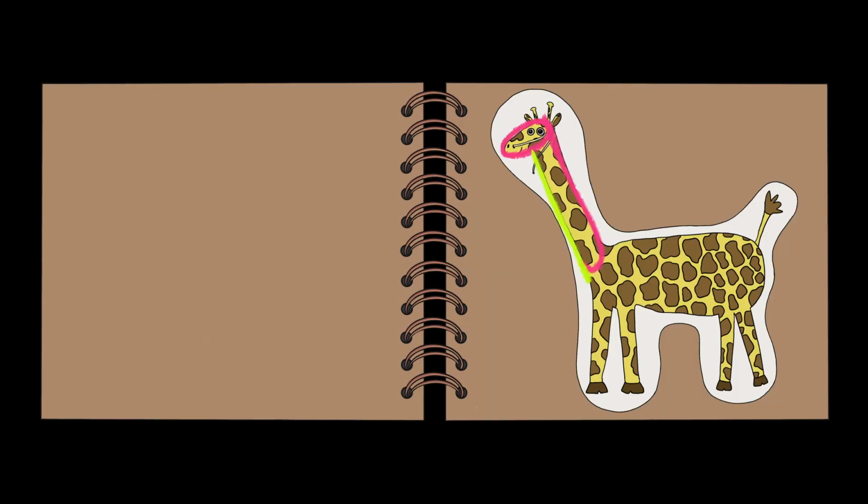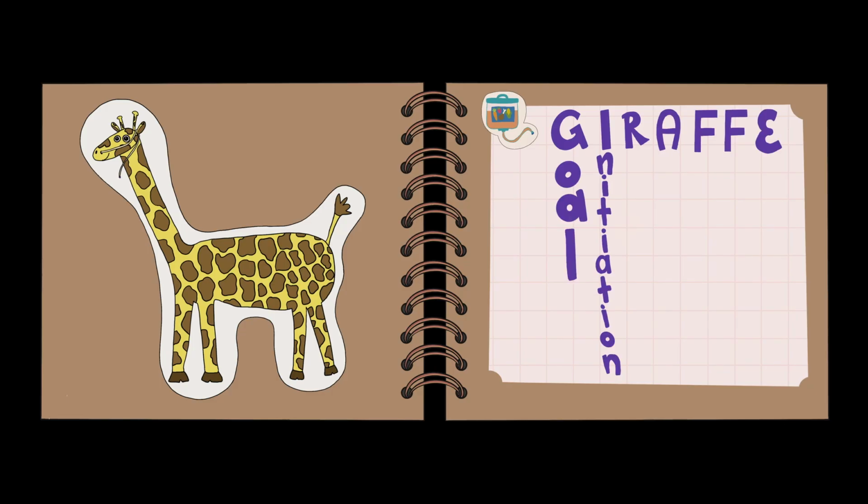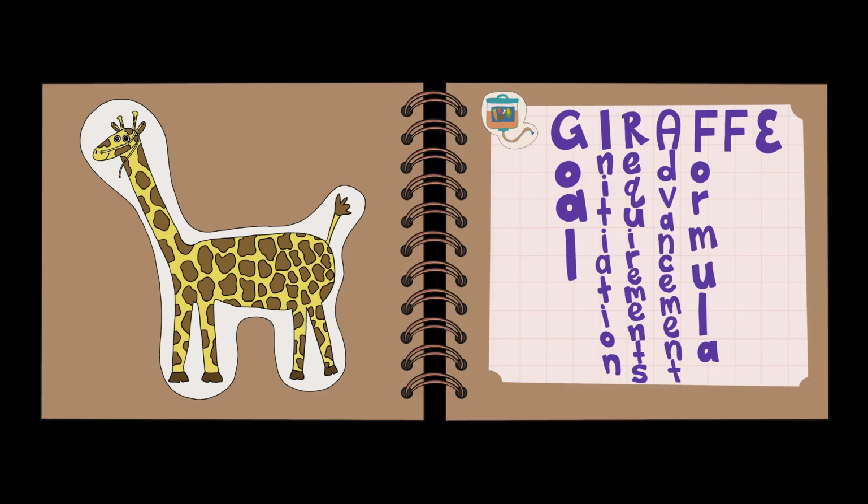GIRAFFE is an acronym that you can use to remember all the parts of your tube feed order. If you remember the giraffe, you'll have a complete order. Let's spell giraffe. G-I-R-A-F-F-E. G for goal, I for initiation, R for requirements, A for advancement, F for formula, F for fluid, and